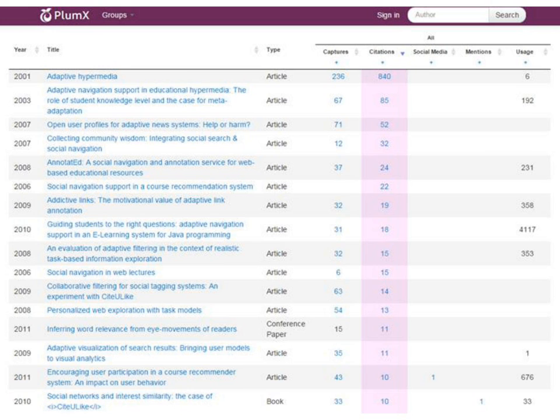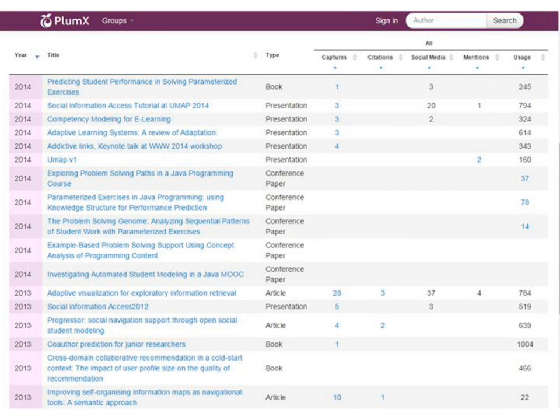Here I've resorted by publication date, so you can see that it's too early in the research life cycle to start showing citations. None of the 2014 publications, or the most recent publications from last year, have been cited yet, but we do begin to see other early signs of impact.